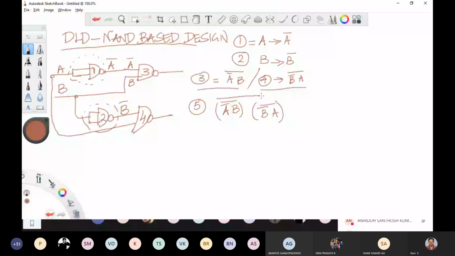Hello, sir. Yes, understood. You haven't drawn the fifth gate, sir. Number 5, yeah, I'm sorry. I'm just passing 3 and 4 into one NAND logic. Let me put this number as 5. Thank you very much. So now number 5, I'm assuming A bar into B whole bar as A, B bar into A whole bar as B. Then my expression becomes A into B the whole bar. Correct?